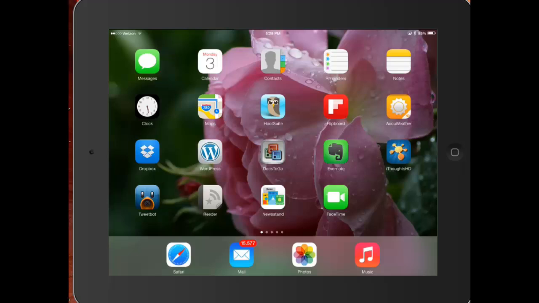In this video I'm going to show you a little bit about how Evernote works on an iPad. I'm showing you my iPad screen here. I'm using something called the Reflector app to project my screen onto my computer so that I can record it. Once you've downloaded the Evernote app from the App Store, you'll just open it up